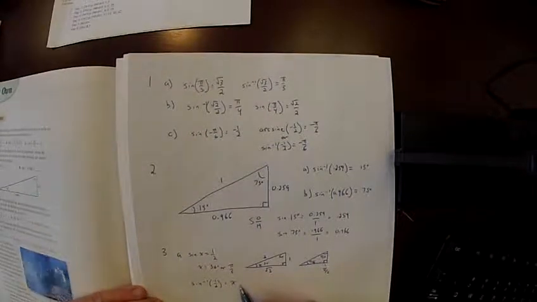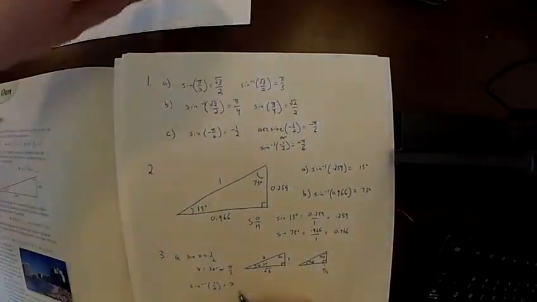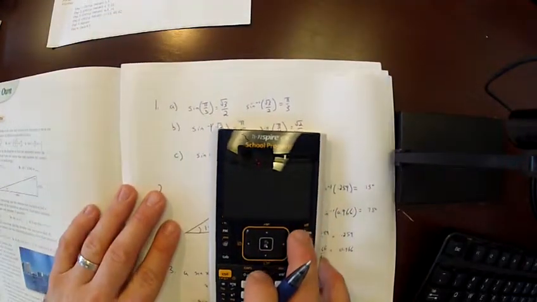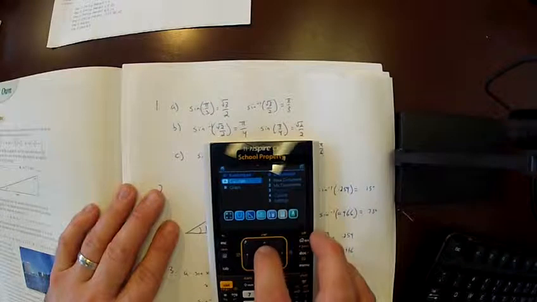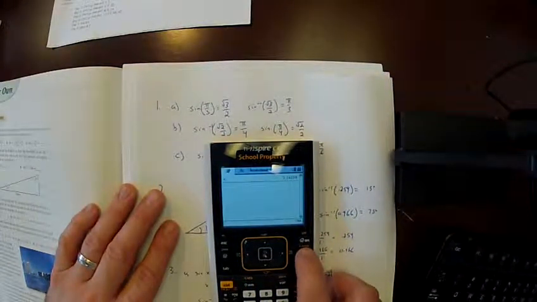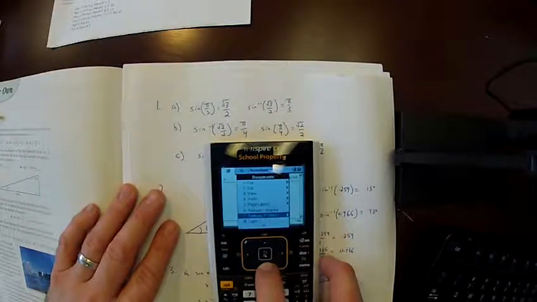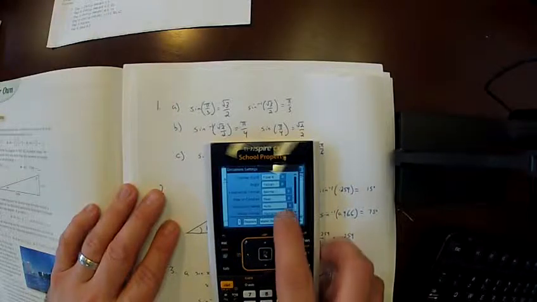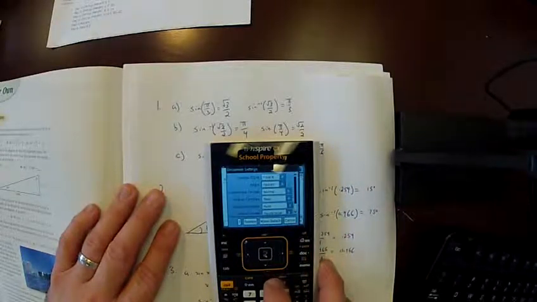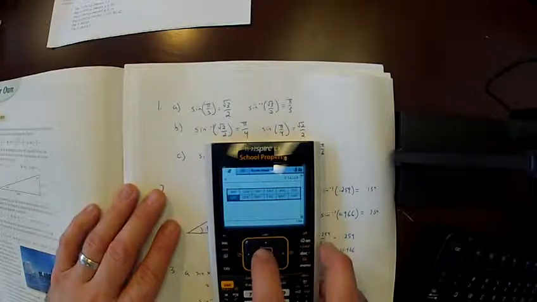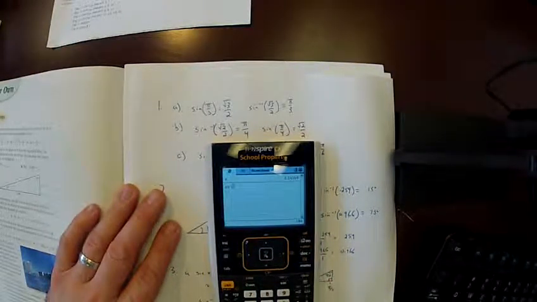If I'm doing that in terms of radians, I would get a pretty nasty decimal. So I'm going to pull in my calculator a minute and show you what I'm talking about. Okay, I'm going to go to calculate, and I should currently be in radian mode, but let's just check. Under doc, I'm going to go to settings and status, document settings, and go to the second one, and it says angles in radians. So we're going to leave it that way. I'm going to hit escape. So what I want to do is go to trig, inverse sine, and put in there 0.5 or a half. Look what I get out,